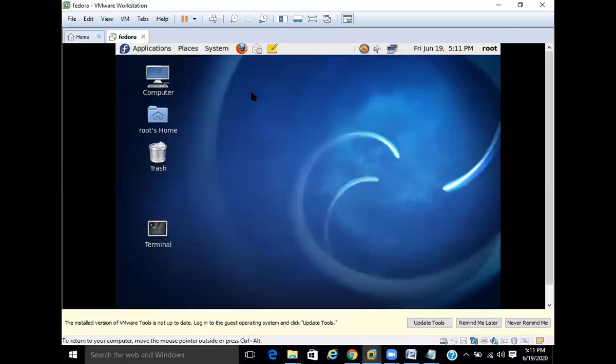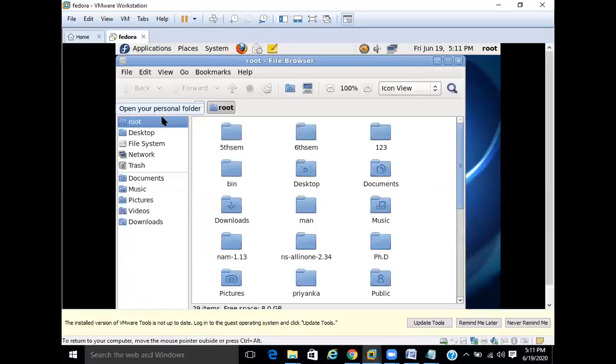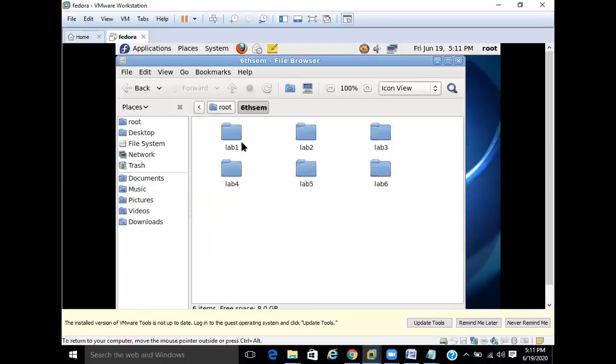Okay, so this is the root home. In this root home, you need to initially create one folder, whatever it may be, your name or any other name. In this folder, make another subfolder with respect to that lab, so you can easily identify. Here I have done lab 1 because it is the first program. This is lab 1 with .tcl, this is our program.